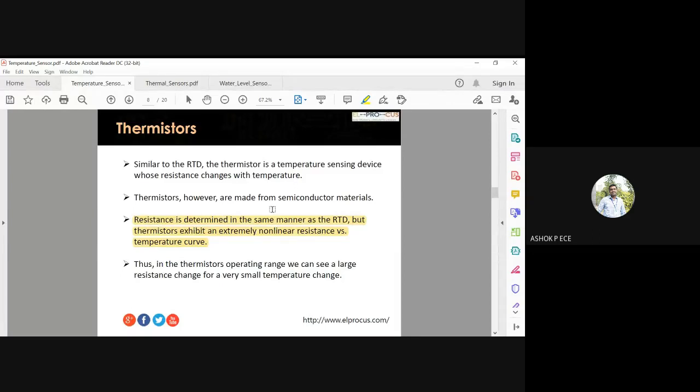So it is an inversely proportional relationship. Whenever the temperature changes, you can see a very large variation in resistance in thermistors, because it is a negative temperature coefficient device. So resistance varies in an inversely proportional way. These are the different ways we can measure temperature. One is directly proportional, called the RTD, where R is proportional to T. In a thermistor, R is proportional to 1 by T, inversely proportional.